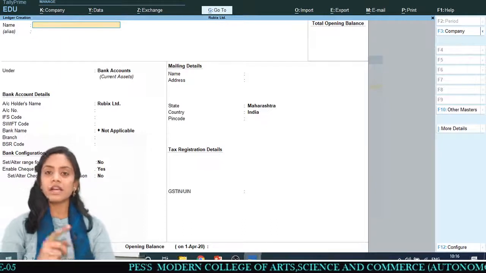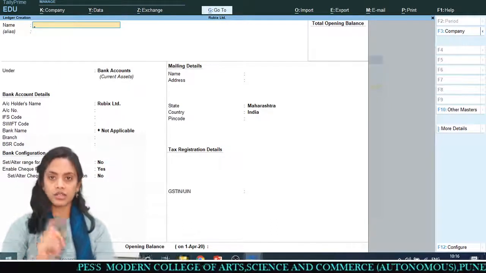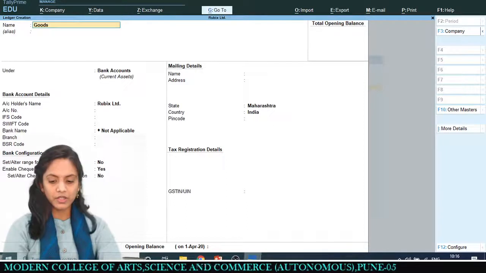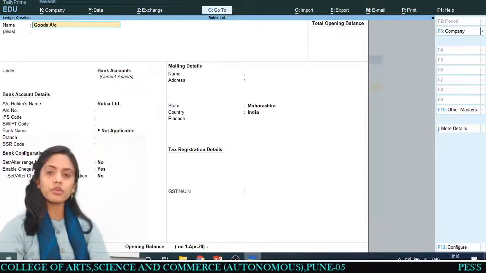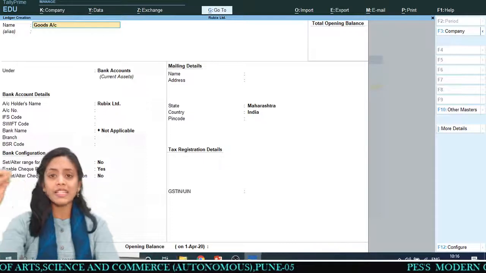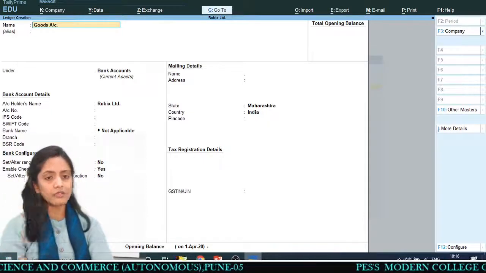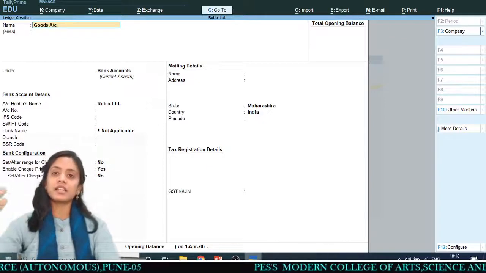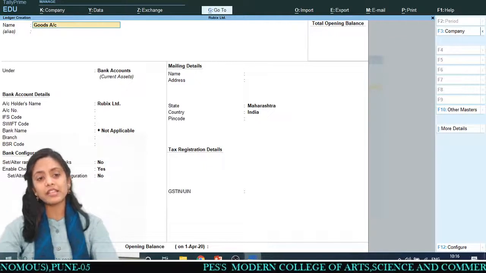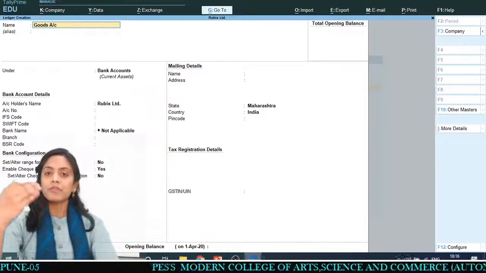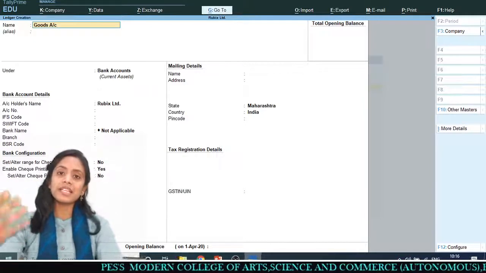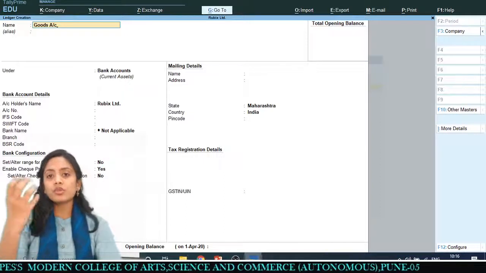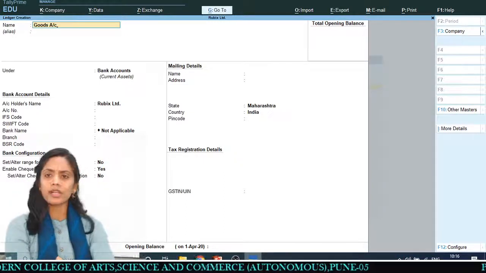So the first ledger I want to create is the purchase goods account. Now, this goods account I'm creating, likewise goods account or purchase goods account, you can write down whatever the goods name will be. When a proper transaction happens in the market, you will get the information about these goods also: what your company is purchasing. So you can write the specific name over here.